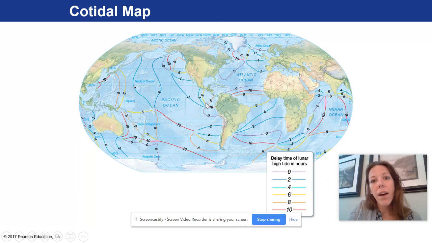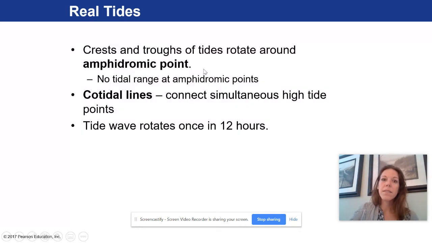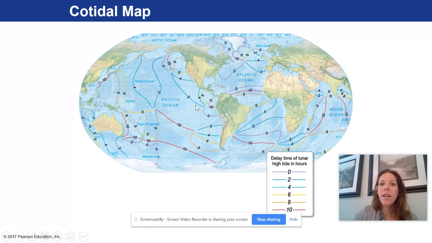And then these cotidal lines, these colored lines represent areas of high tide. So this line here, this 10-hour delay here means that it takes us 10 hours to rotate into that tidal bulge. So we see very large tidal ranges in those areas with higher numbers, and then